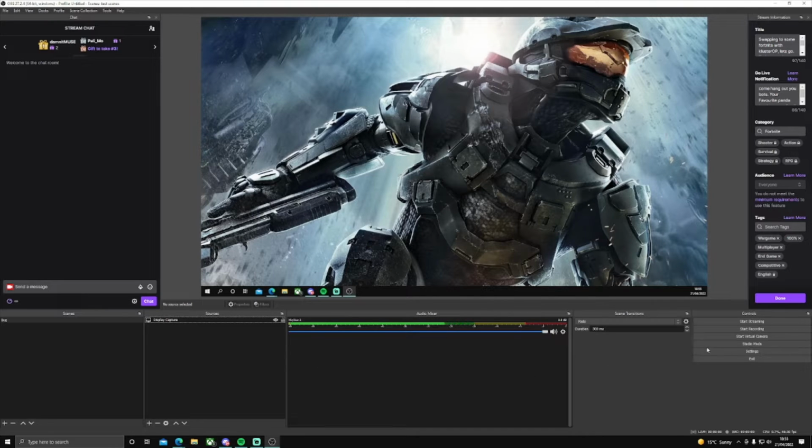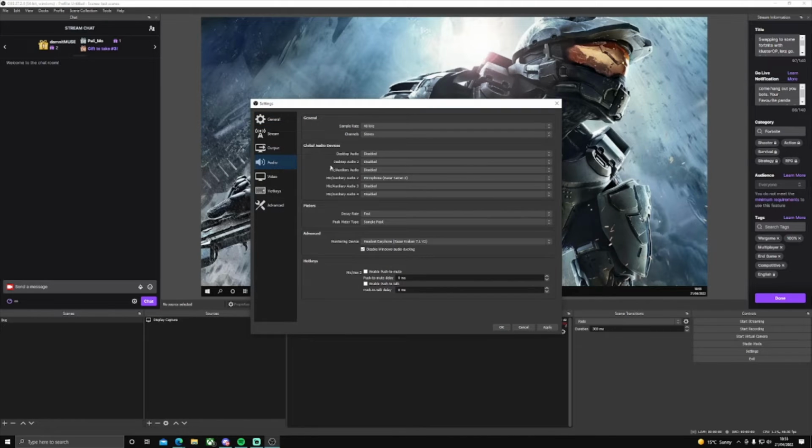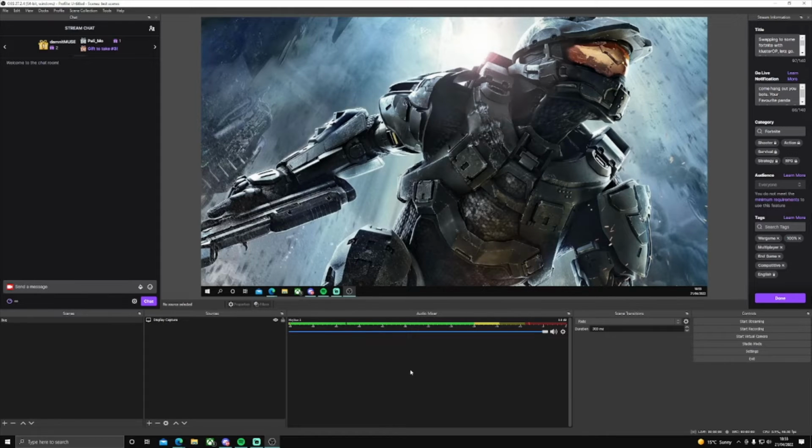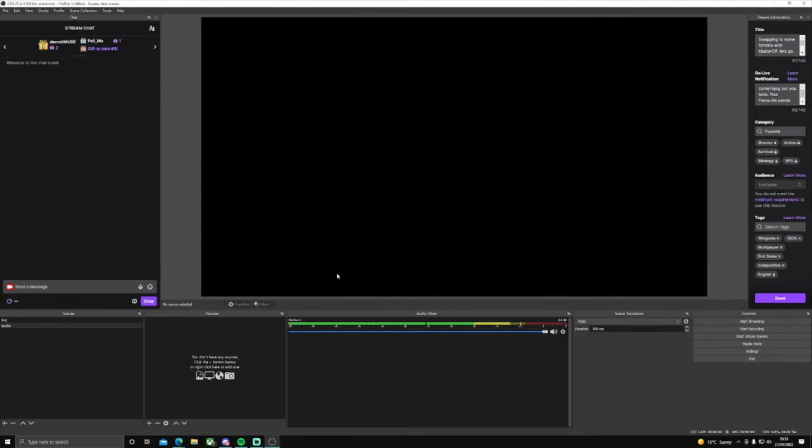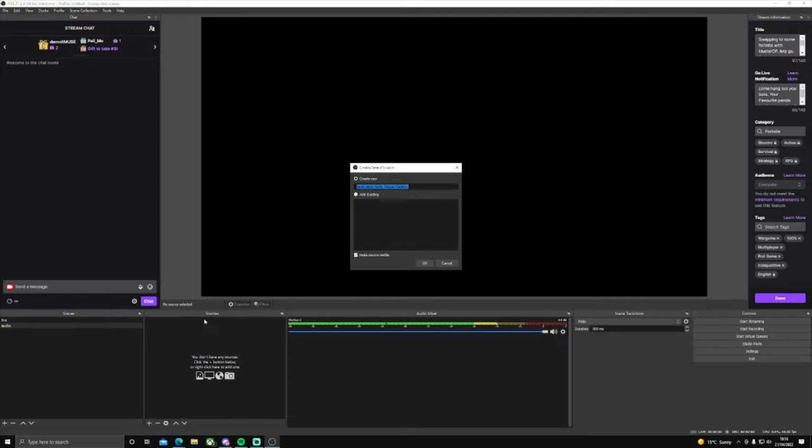Once we've got this, first thing we need to check is we go into settings, into audio. We'll make sure desktop audio is disabled on everything. That'll stop any audio going from your PC to your stream and your capture. Then what I did was I added a new scene called audio. And then in here, we're going to add all the audio sources that we're going to need throughout the stream in different scenes. So if we go to the add, in this add audio capture,